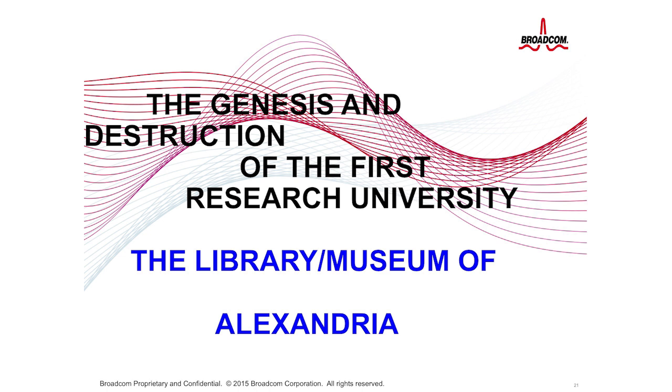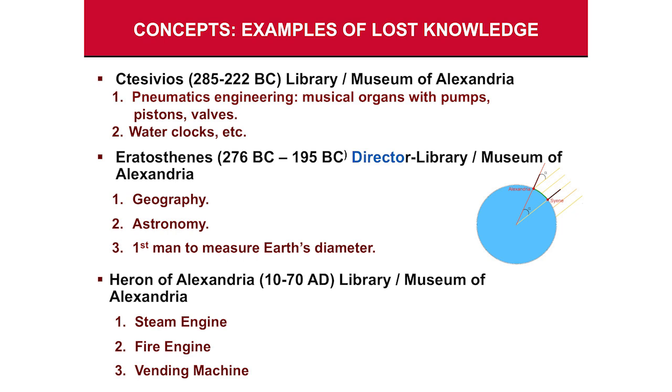Now, I will go through this quickly because we don't have time. These are full lectures by themselves. In the Library of Alexandria, we have the development of amazing science, mathematics, astronomy, technology, and medicine. I will not touch medicine, but the first anatomy was done in Alexandria. The first examination of the brain was in Alexandria. The first understanding of the woman's body was done in Alexandria, because that was the first time that human beings started anatomy,